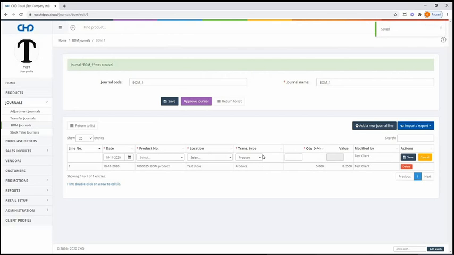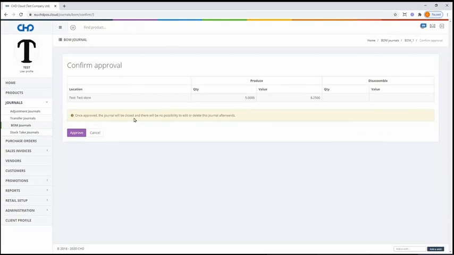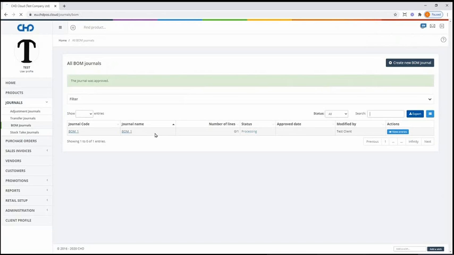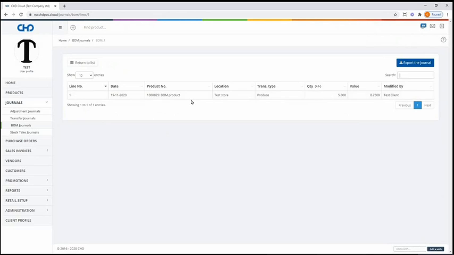Let's save the line. And similar to the previous ones, we can save or approve the journal directly. So let's start with saving the journal, and then let's do the approval of it. Again, we have totals. The system asks us to verify this process as it's not reversible. Once done, it's done, and we can see what we've done in one journal: it was production of the test product, and 5 pieces of